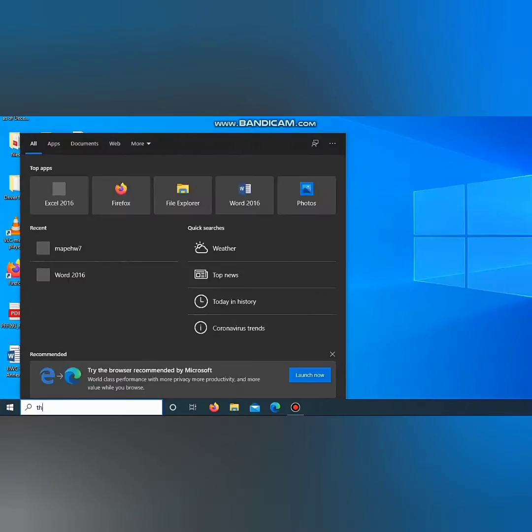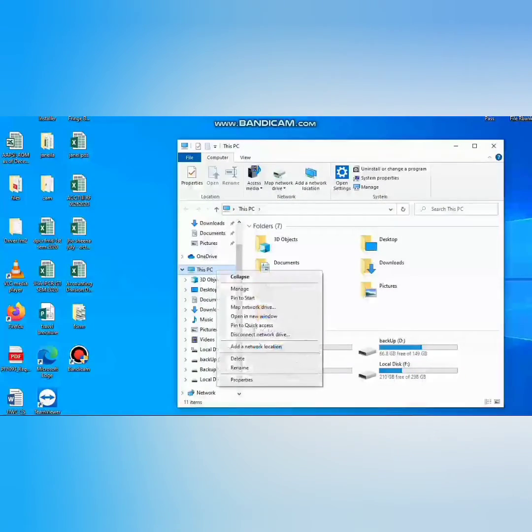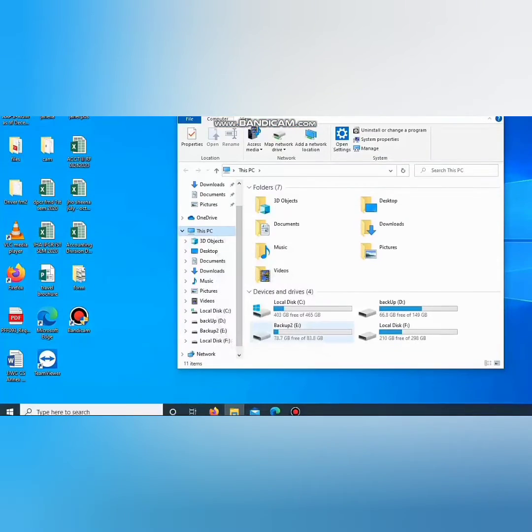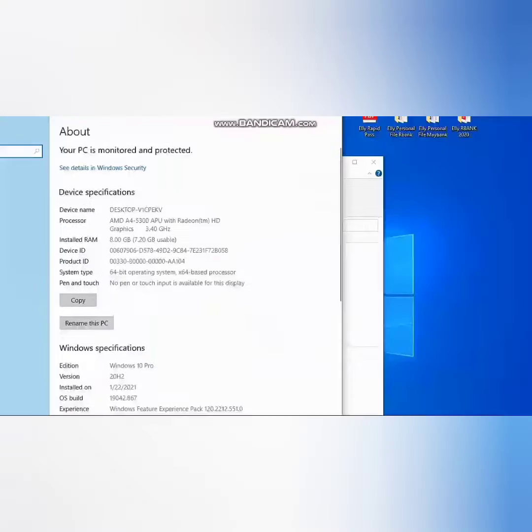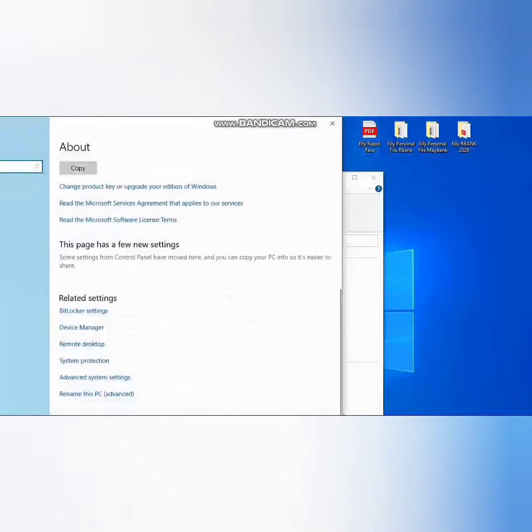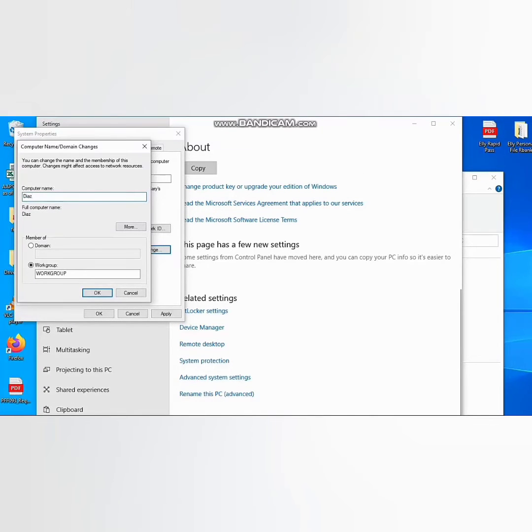On the search bar, type this PC and then select Properties. Click Rename this PC. On the computer description, type For Demo Only and select Change. I type my surname on the computer